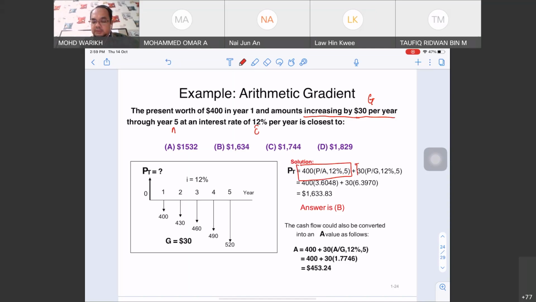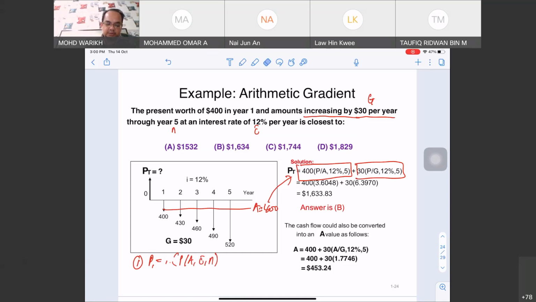solution. Okay, calculation. The first one is the normal one, the base one, 400 ringgit. So A is 400 ringgit. First we try to find P1. A is given, so P over A, I, N. We just put it in. A is 400, P over A,